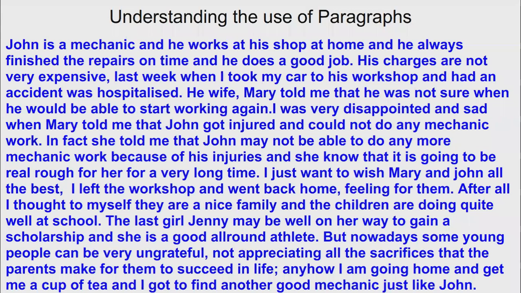Either one is correct. And I want you to bear in mind that you have to draw on the first lesson with fundamentals of English, and bring it into this exercise as well to help you complete the assignment properly. So you have two options to start with. Now, if you use either one, then you will drop the 'and' after 'whom', and you will go now, capital H. He always finishes the repairs on time and does a good job.